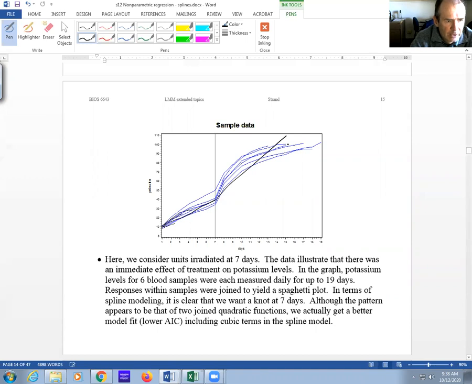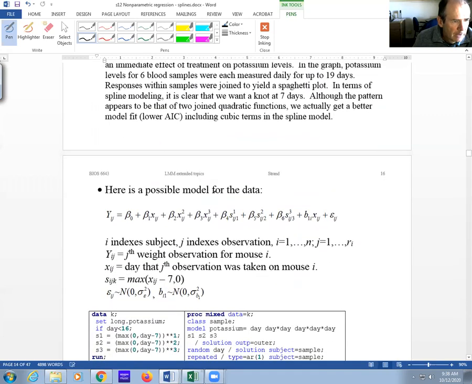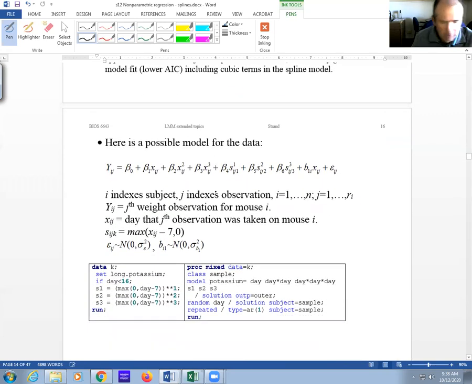So we'll try a quadratic. We'll also try a cubic here. But we take the same approach, that we add terms at this knot point. I'm actually going to show you, initially I'm going to do a cubic. So here's our initial model. We have a cubic here, and then